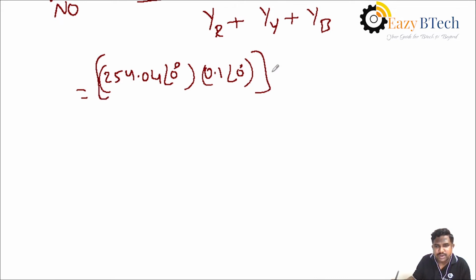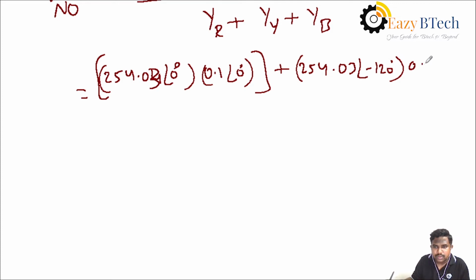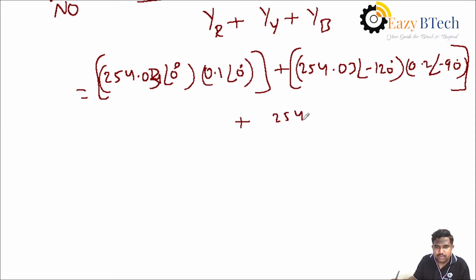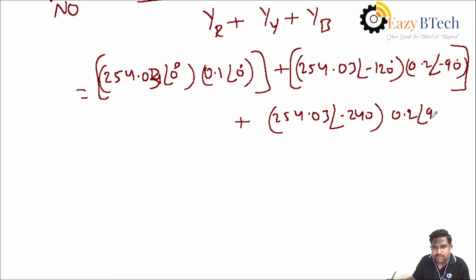This is the first multiplication, and the second one is 254.03, not 04, 03, at an angle minus 120 into 0.2 at an angle minus 90, plus 254.03 at an angle minus 240 and the admittance value 0.2 at an angle 90. So these are the numerator values